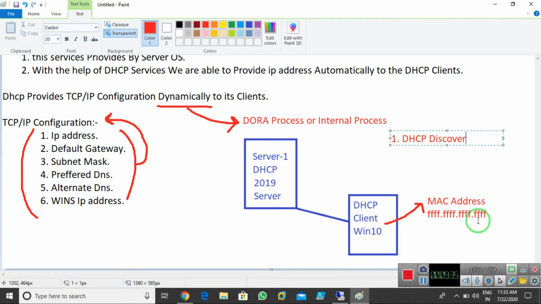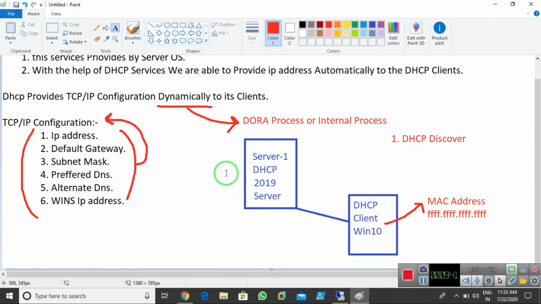It sends broadcast messages in the network. Now imagine that it found one DHCP server. It first sent a broadcast message, which is known as DHCP discover.